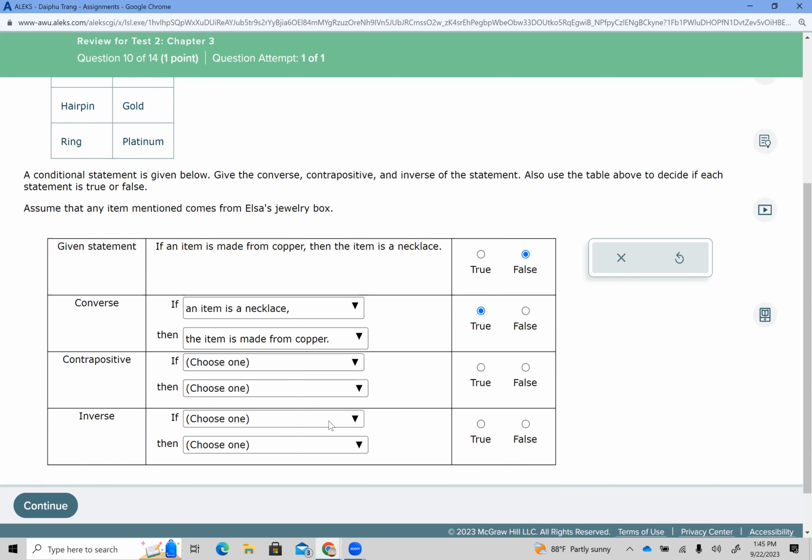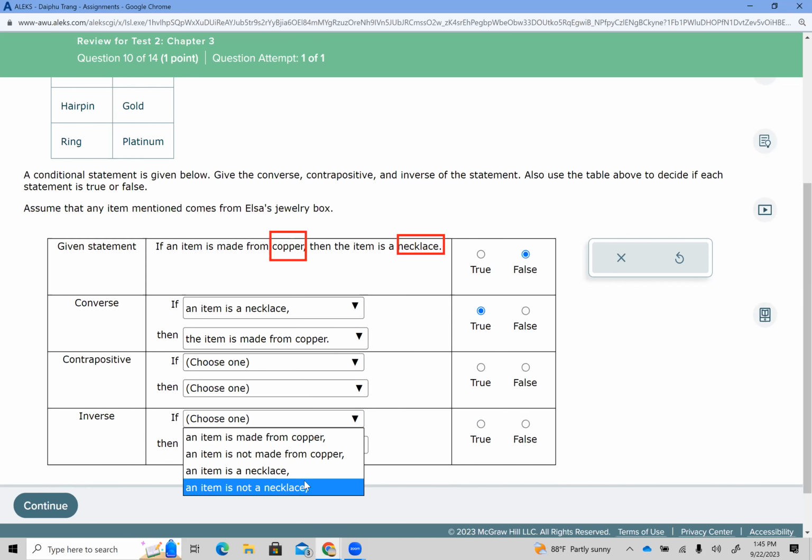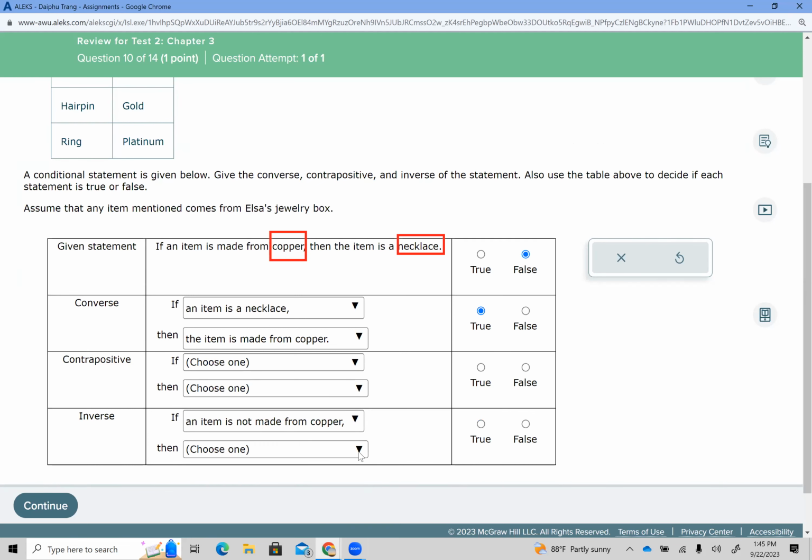Let's do the inverse first. Remember, the inverse is you keep the items the same, copper first and necklace second, but you negate them. So that's what the inverse is. This item right here is: the item is not made from copper, and the item is not a necklace. We kept the copper in front and the necklace in the back, it's just that now we negate them. So if an item is not made from copper, then the item